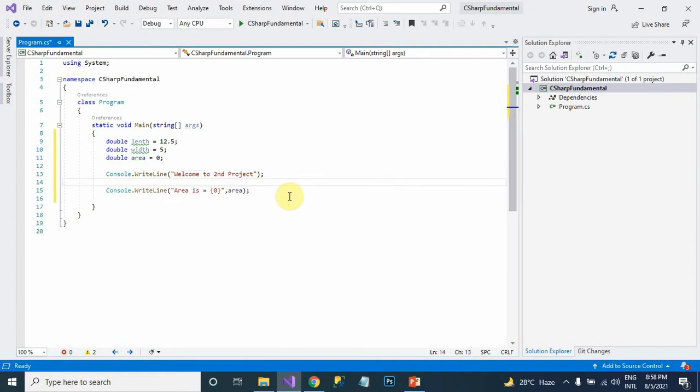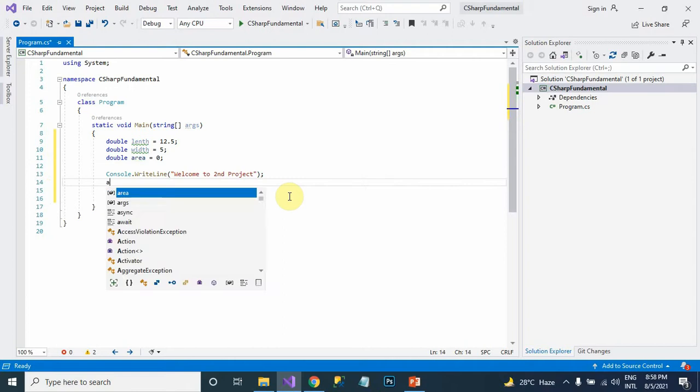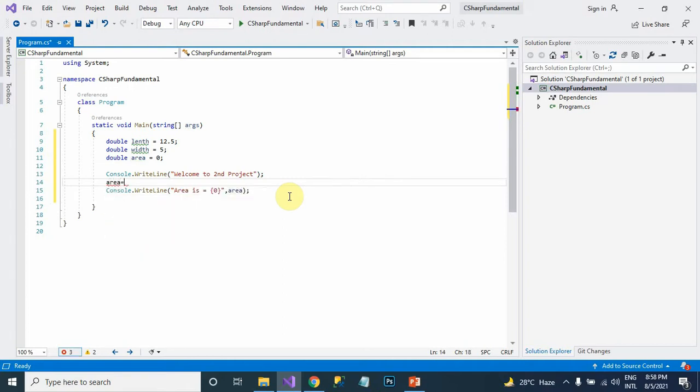Before execution you have to calculate the area. So it will multiply length with width.